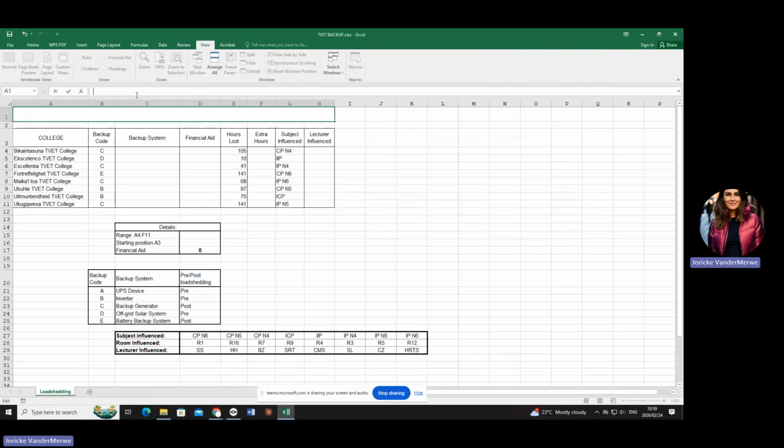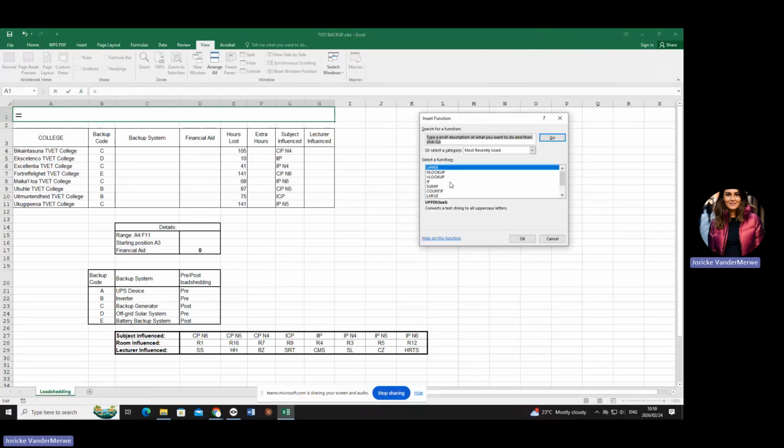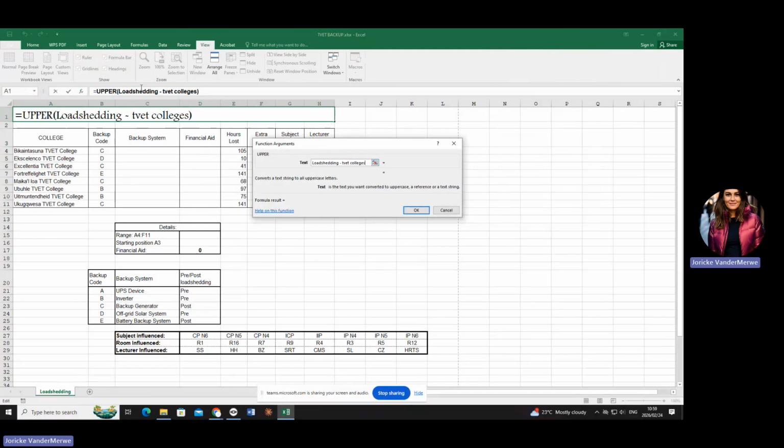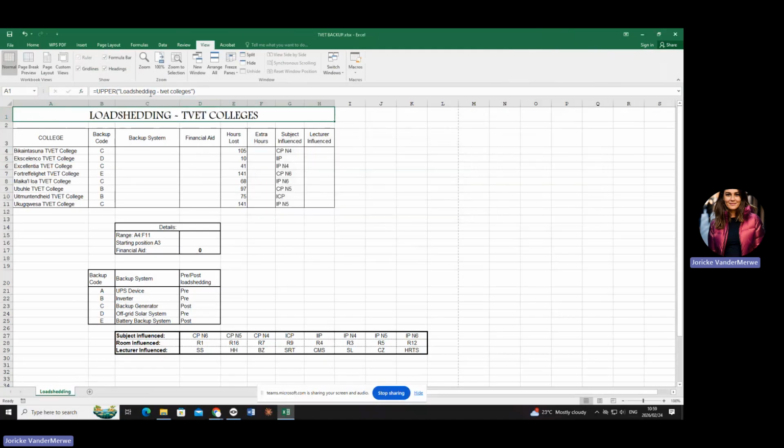Then what's going to happen next is you are going to go to your fx function, and you are going to choose upper because that is the function we're using for the specific thing we need to do. You're going to double click and you are going to paste that text in there. Are you with me? Yes. Can you see when you use the magic wand, you don't have to worry about any of the inverted commas, etc.